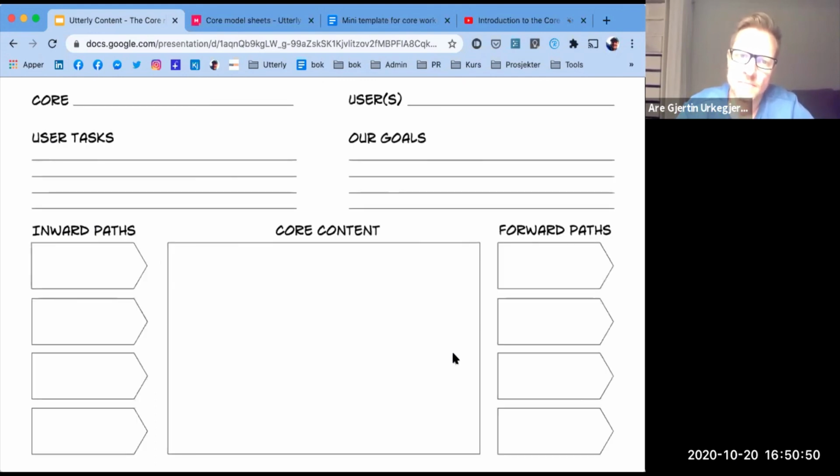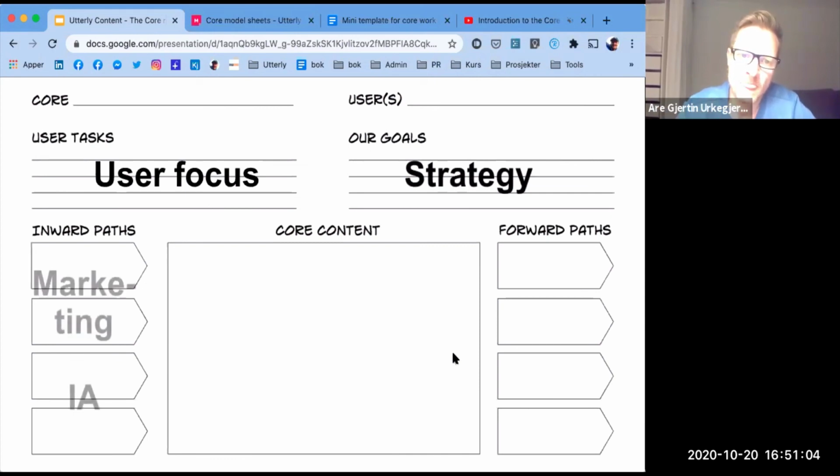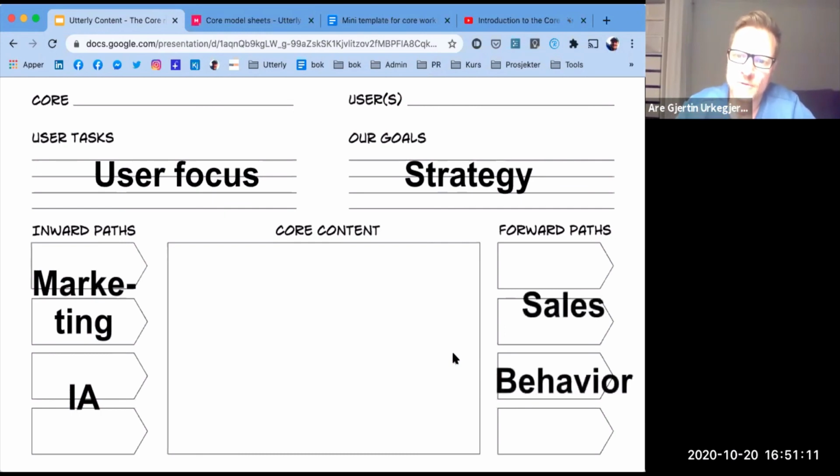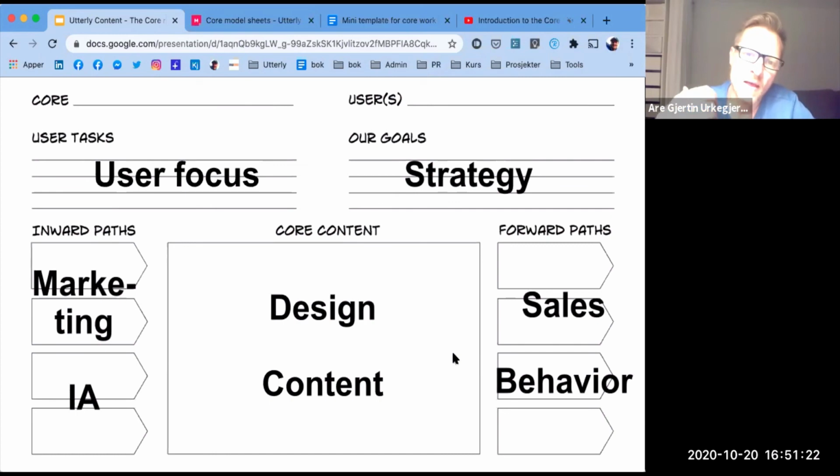So that's the core sheet. It's about combining different perspectives. It's about having a user focus. It's having a strategic perspective. Inward paths are about marketing and information architecture, whereas forward paths are about sales and behavior. And the core content is about design and content to solve all of these. So this is a map